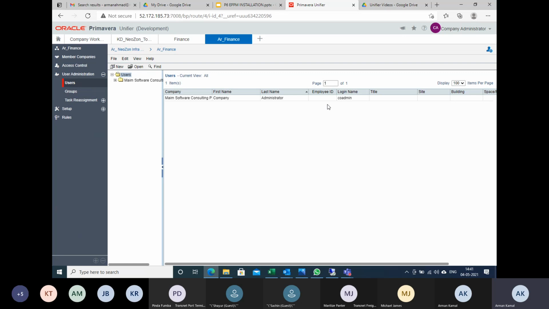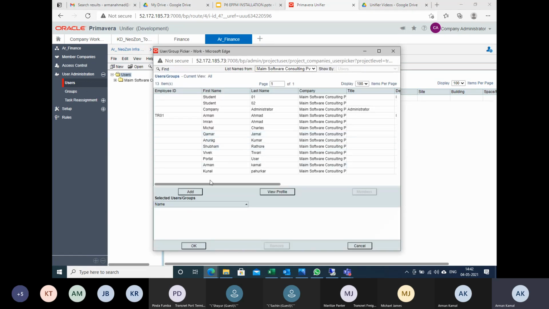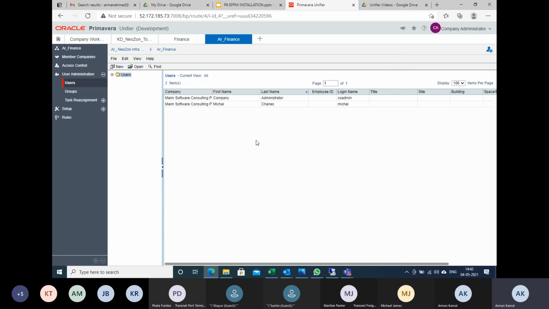Here I can see there are a lot of users in the company, but for this cell only this user is having access. So I will select this Michael, add it here and give the access here. So now this particular cell is also having this access.